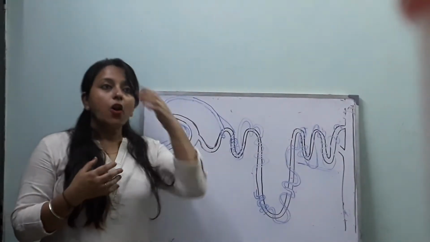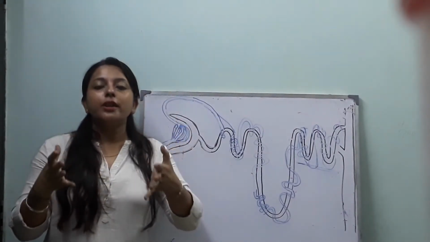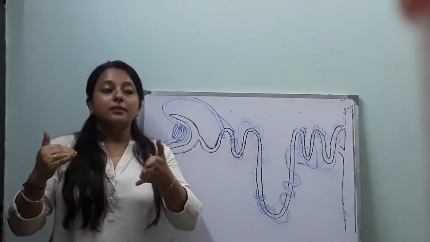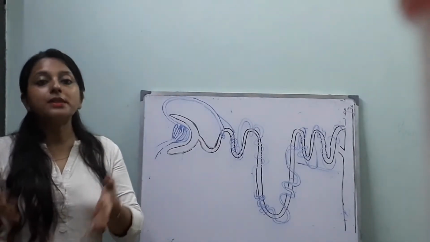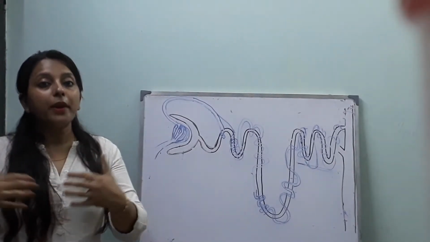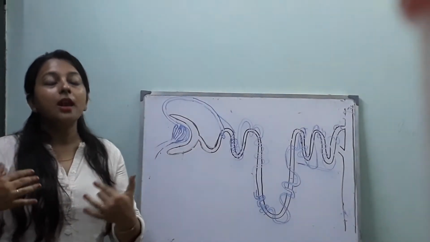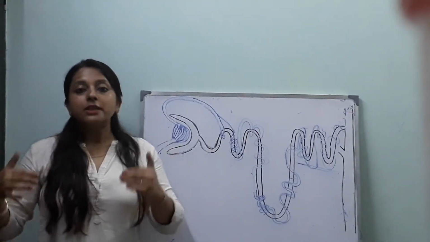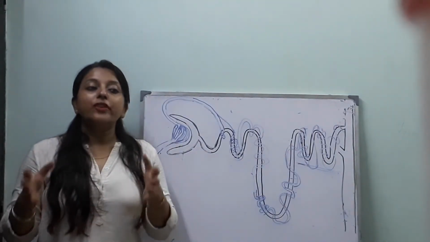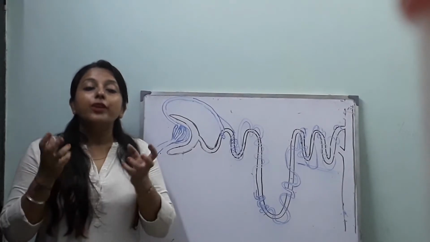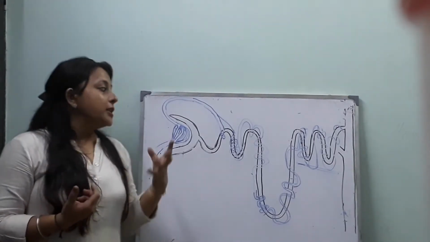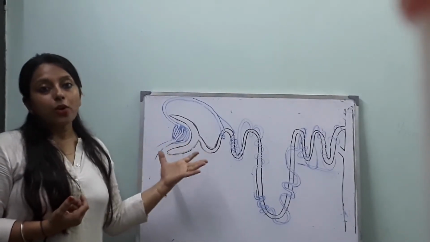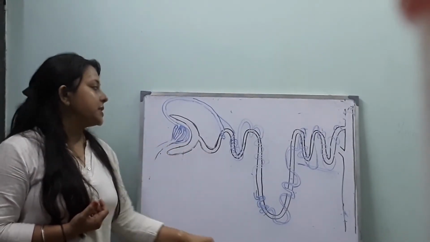Finally all the nephrons form urine, and this urine collects into the collecting tubules, and comes out through the ureter, a pair of ureters present in our body, into the urinary bladder. And when the urinary bladder fills, the urethra allows urine to pass out from our body. Now, how urine is formed inside our body, we'll discuss now.